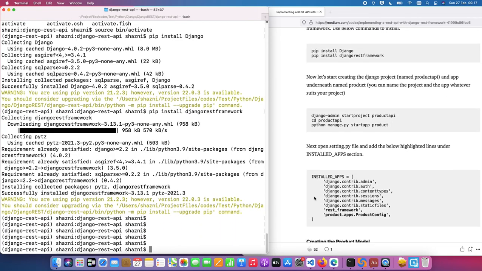Once the Django project is created, we can then go about creating our API. So django-admin startproject. When you have Django already installed, you should have this django-admin script. So this is how you start a project in Django. Then the project name: you can give your project whatever name suits your project, but in my case it's product